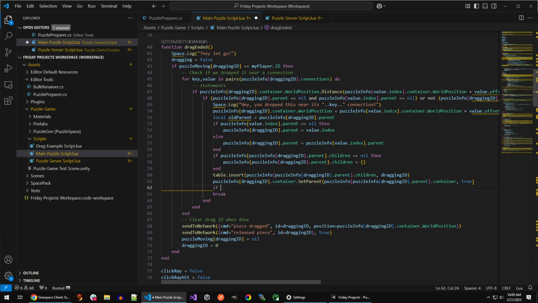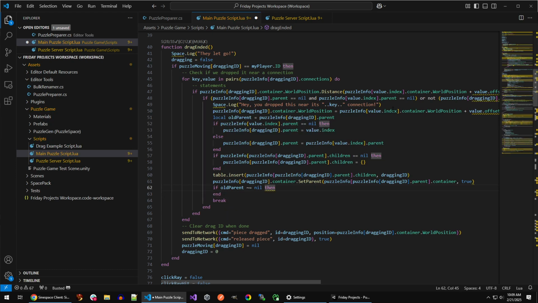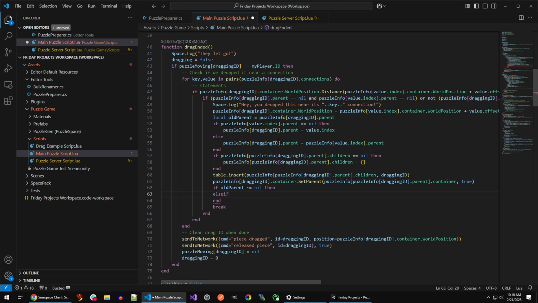But I can say, if old parent is not nil, that means it had a parent prior to me reparenting it. Thank you for the autocomplete there, VS Code. The other thing that might be true is it might have children. So I can look and see if that's not nil, then apparently I had kids. I was the parent of another chunk before I got merged into something larger. So these have to be handled in two slightly different ways, right? So if I had a parent,